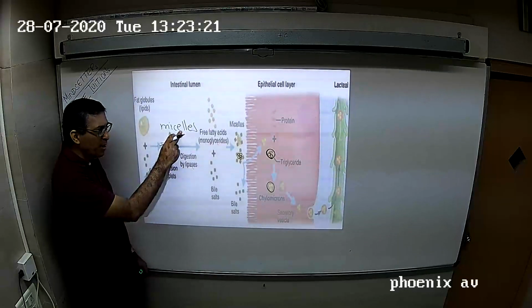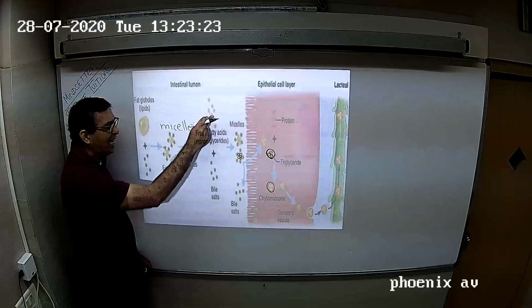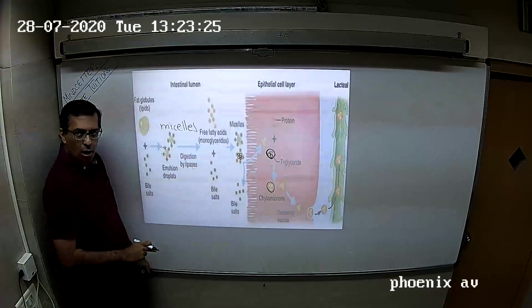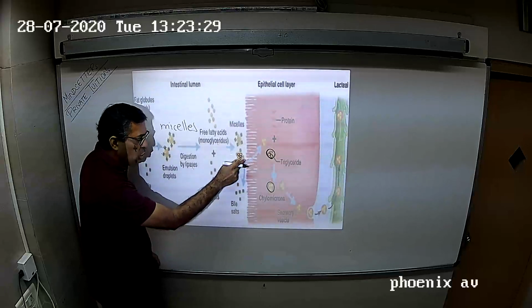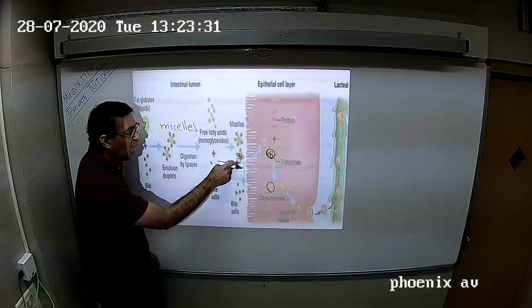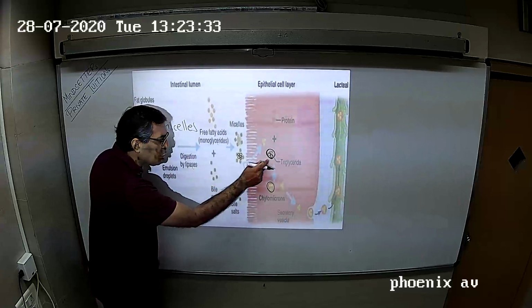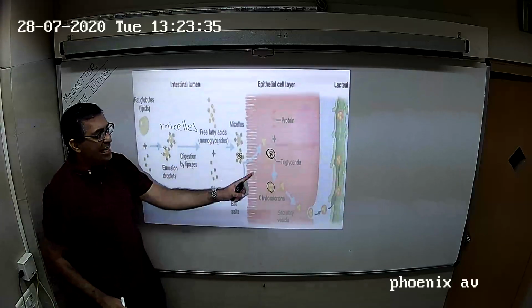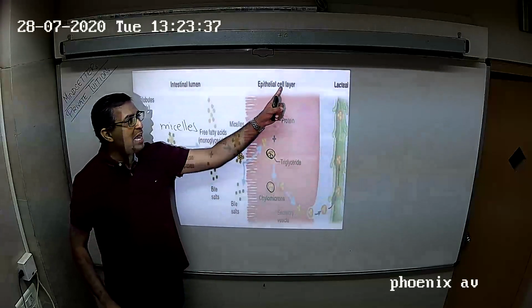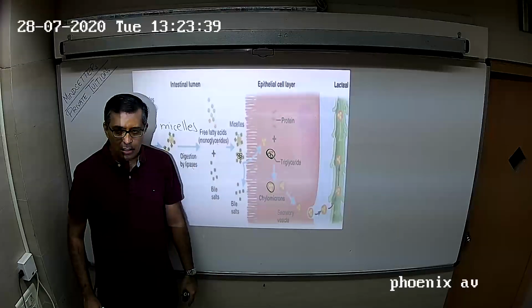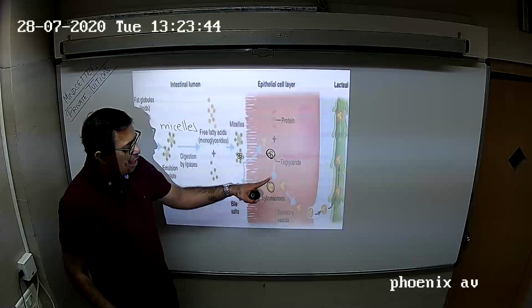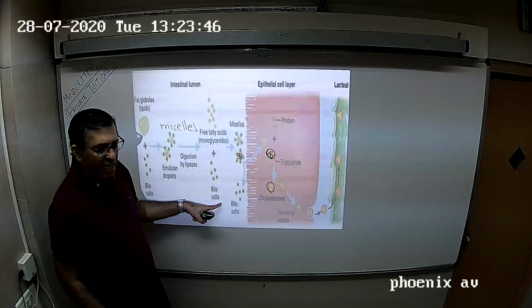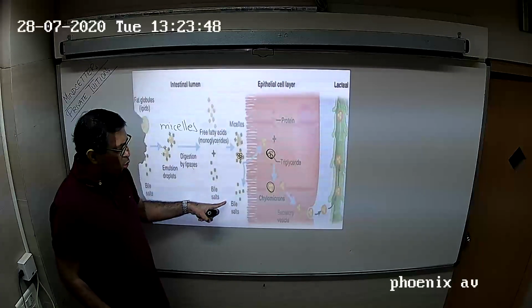Lipase breaks down micelles into fatty acid and glycerol. Bile salts will surround the glycerol and transport it into the intestinal cells called epithelial cell layer. And in the epithelial cell layer, bile salts वापस निकल जाते हैं, bile salts उसको छोड़ देते हैं